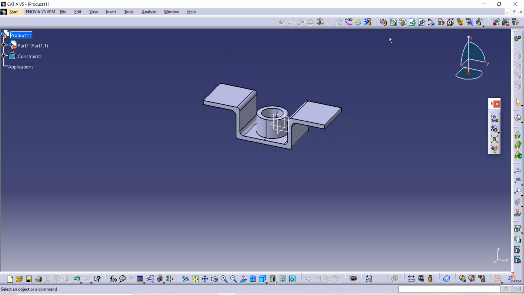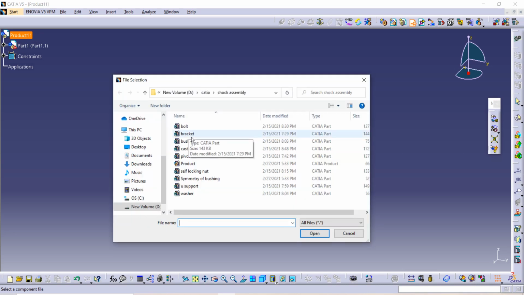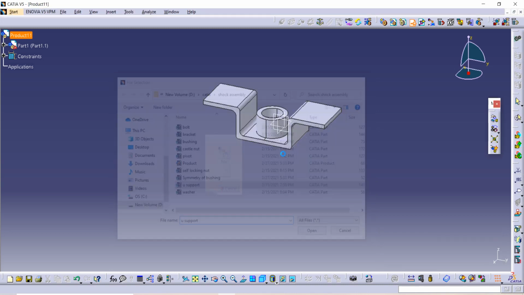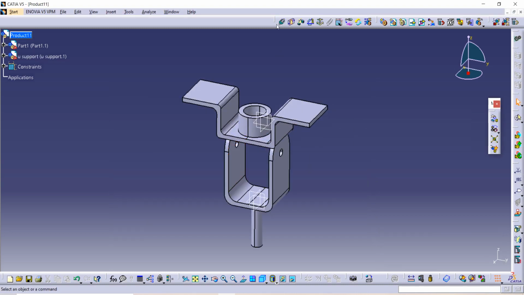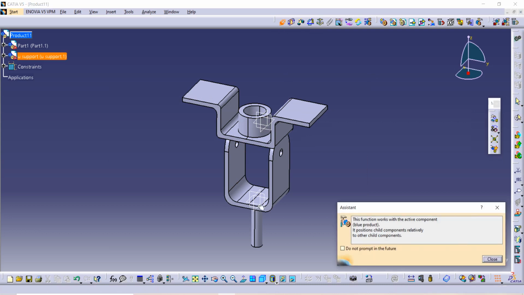So our next part is we are going to import our next component, existing component, and then product. We are importing U support. Now use this coincidence command and select shaft axis of this with axis of this.